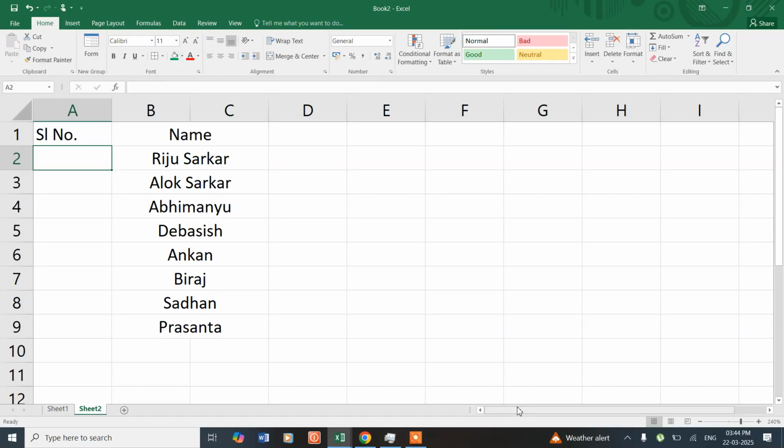Hello coders, I'm back again with another Excel video, and this particular video will demonstrate how to automate your process. That is, whenever you are entering a new name in your Excel sheet, automatically the serial number will be placed appropriately. So we have all these names, so we can write simply here 1 and then press enter